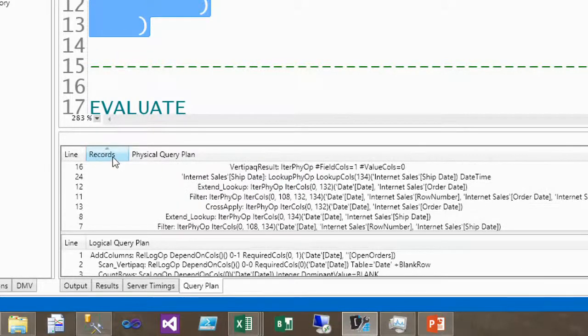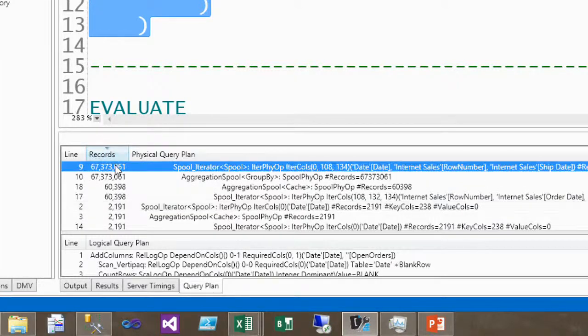I can also quickly take a look at where my bottleneck is by sorting my list by records, and I see, oh, look, there is an operation here that is slow. Now, how to understand what the slow operation is, that's another story. It will require 2 days. But I just want to show you that instead of spending 10 minutes to locate that the problem is the formula engine in a particular loop, I obtain this information in a few seconds.